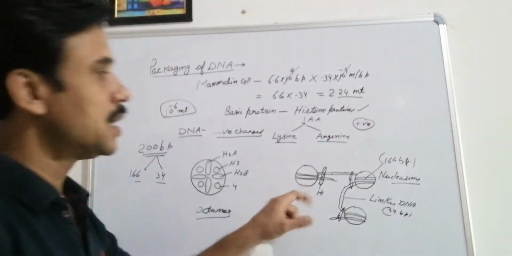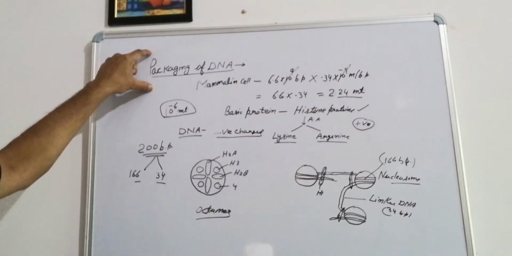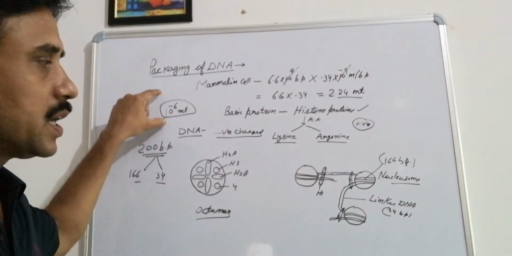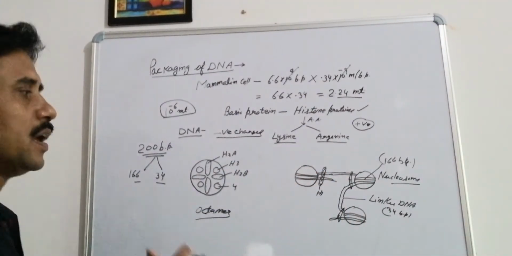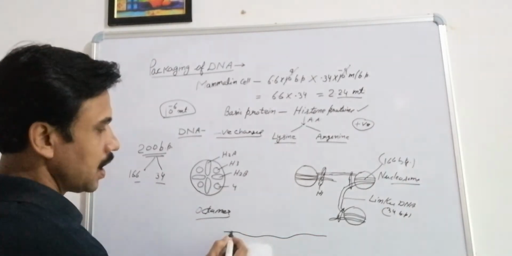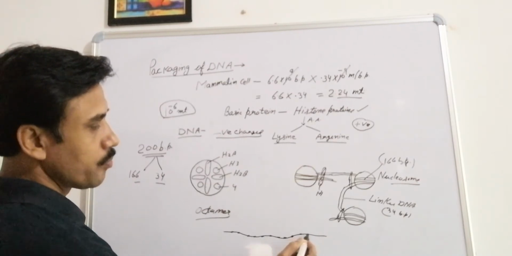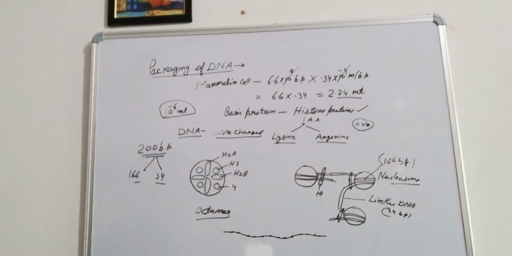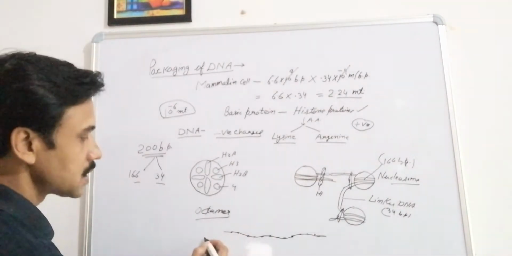So as a result, what happens? This larger DNA molecule will get packed inside the small dimensioned nucleus. Correct? Now what happens when these nucleosomes will form in a chain? It will look like there is a string which is having a large number of beads over it. So it's a string containing beads. So a string containing beads structure will be observed under the electron microscope. And this structure we are considering as chromatin.